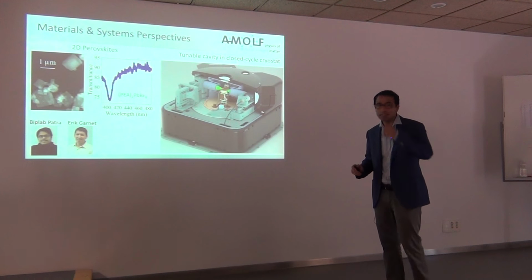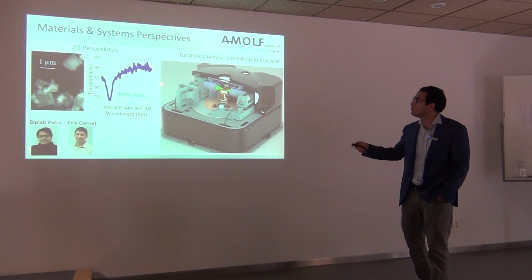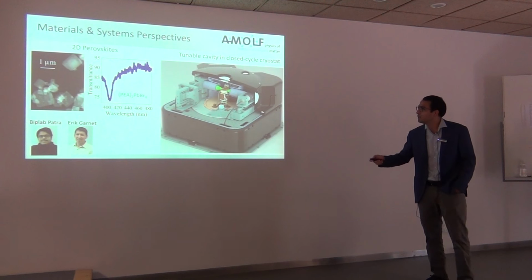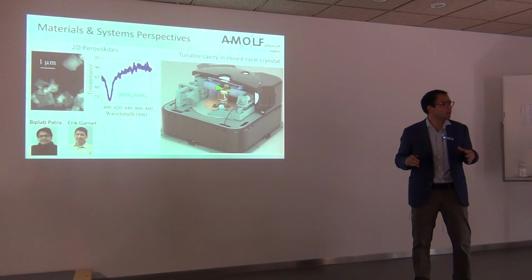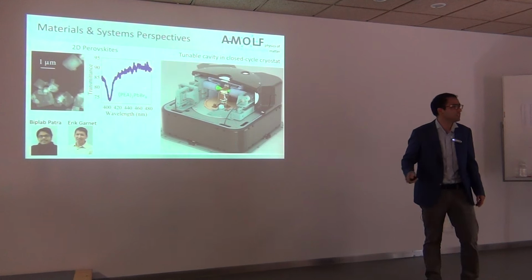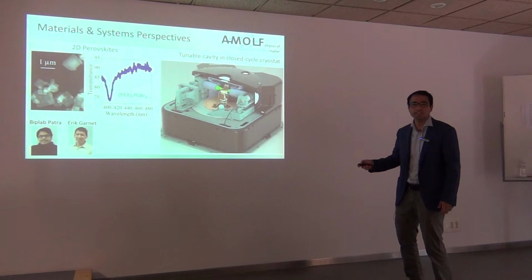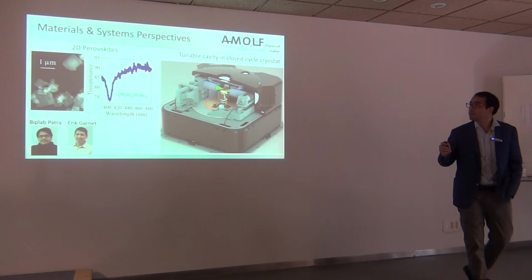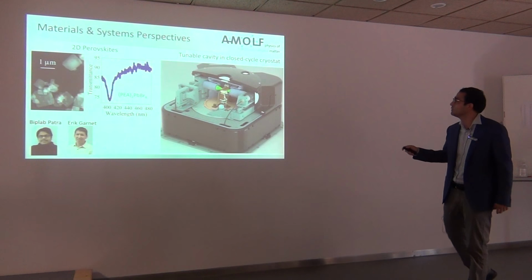What we want to do in the near future is to actually incorporate 2D materials into the cavity. This is just one example of a material that we have been working with in collaboration with the group of Eric Garnett and Bibla Patra. So they make this by colloidal synthesis. This is a 2D material that has a really large binding energy. You can see that this layer has something like 15% absorption in a substrate. And so we want to study this in the near future. And I think one of the nice things of these 2D perovskites is that people have recently reported that they can have enhanced many-body interactions associated with the anisotropy in the system.